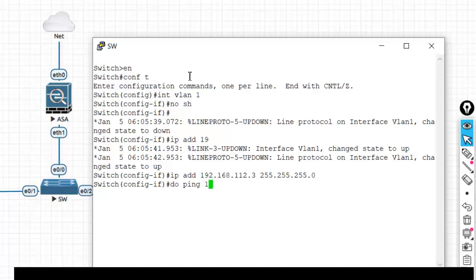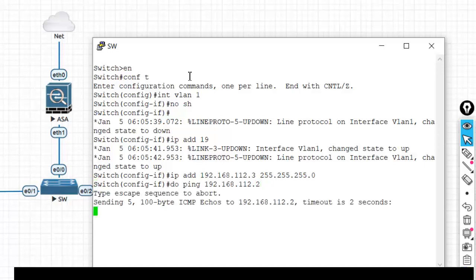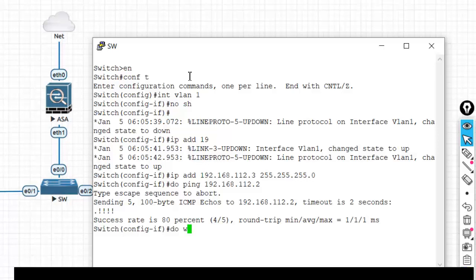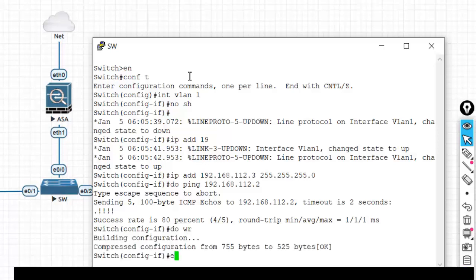Let's ping the ICE. Okay, looks good. So just save our configuration.